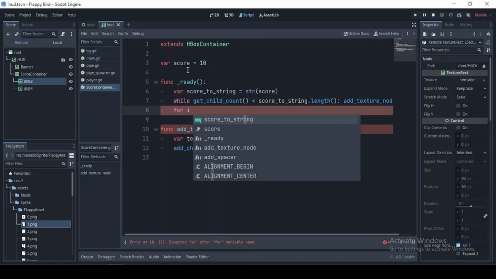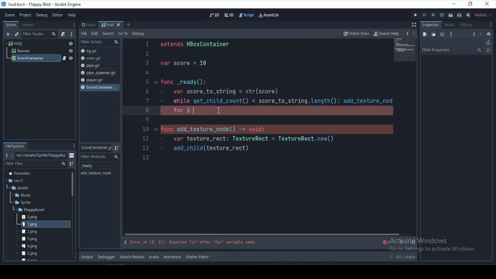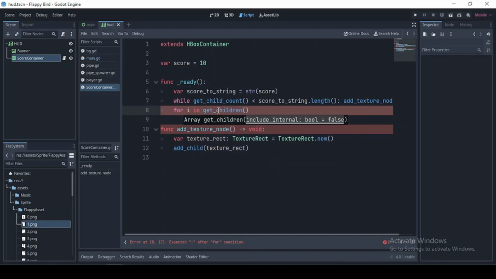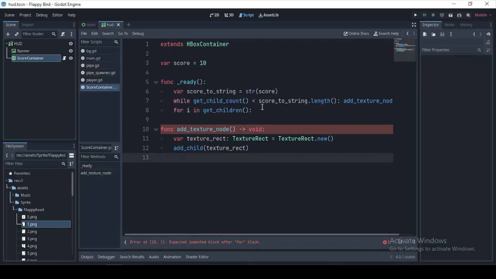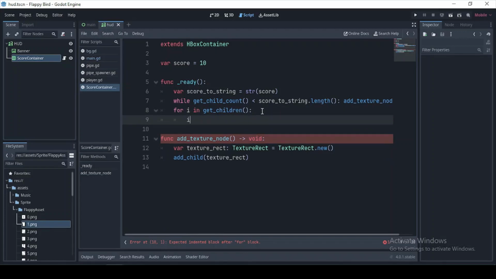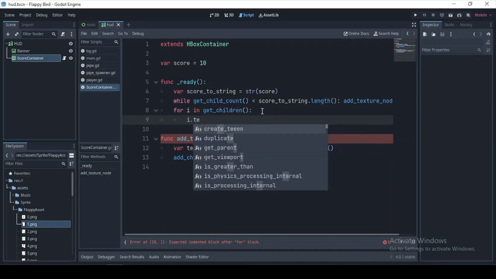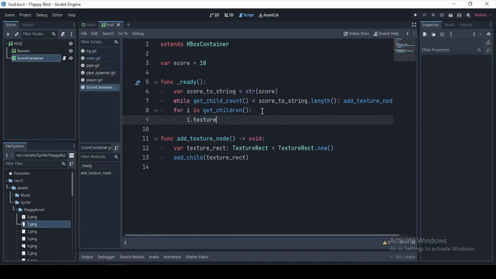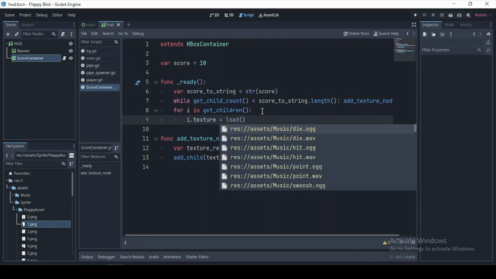Then for the second child, we want it to be 0. So just going to stop this. For i in get children, that is going to get all the children of our score container. And we're just going to say i dot texture is equal to load,